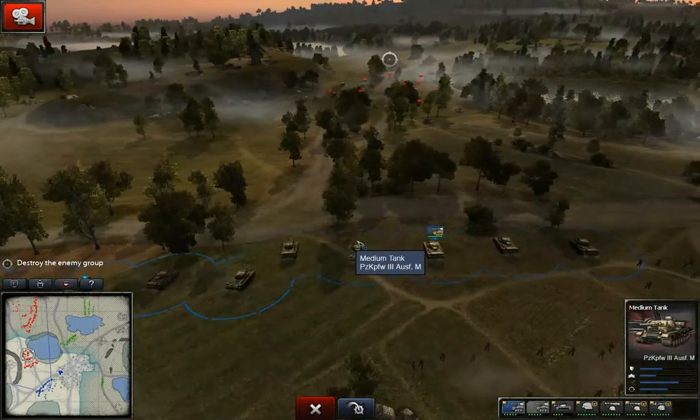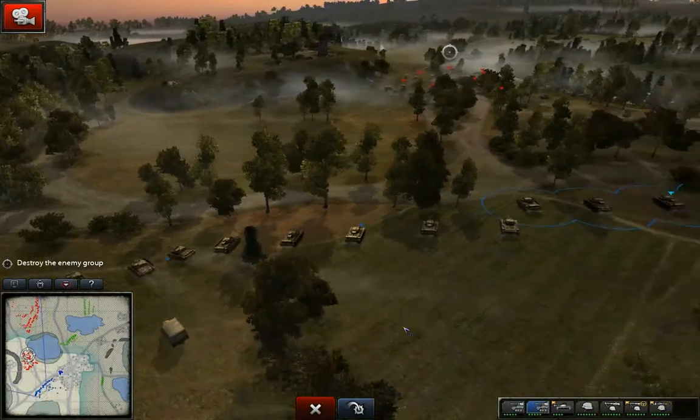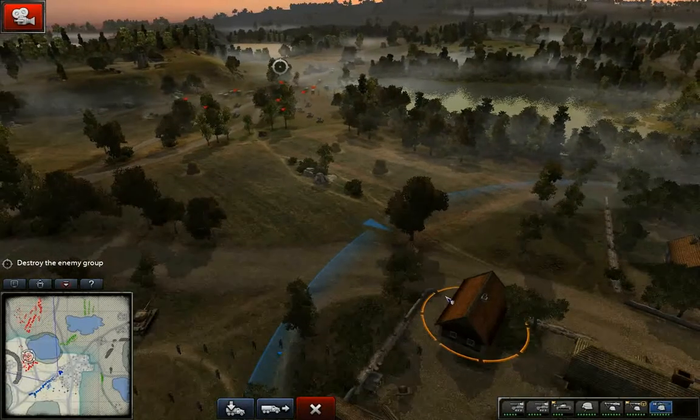Warten auf Befehle. Alright. Alles klar, Sir. So, as you can see, their tanks are moving in, slowly but surely. Kompanie ist bereit. And if I just select these guys, I think I'll have them...